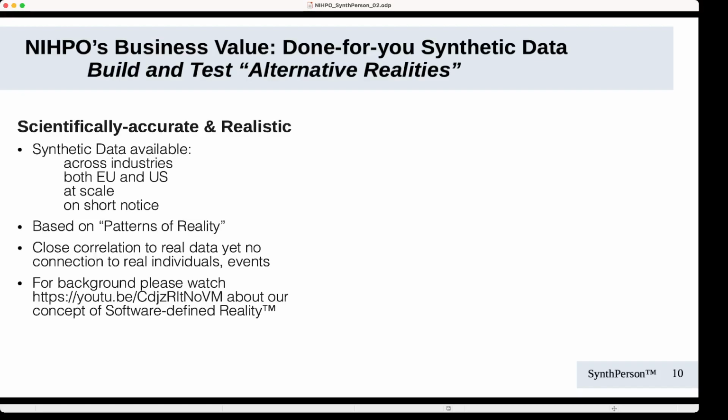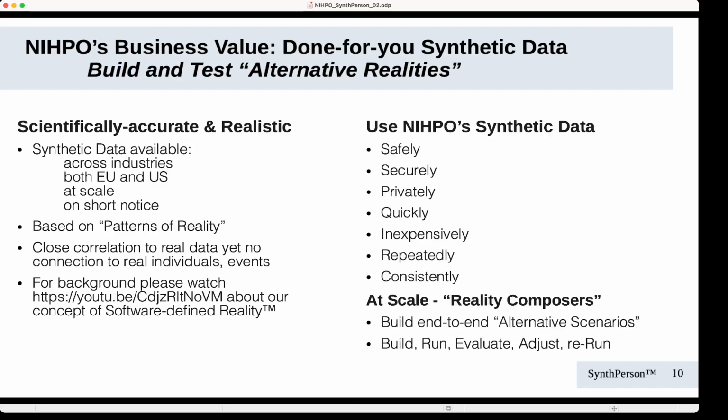The business value that we bring to the table is that by building this scientifically accurate and realistic data, we are able to help you test what we call alternative realities. You can use this data, run it through your system. Think of synthetic data as water that you're running through the pipes in a new building. Those pipes are your processes, your organization's processes, and this synthetic data is the water that's flowing through to make sure everything works before you run the real data,